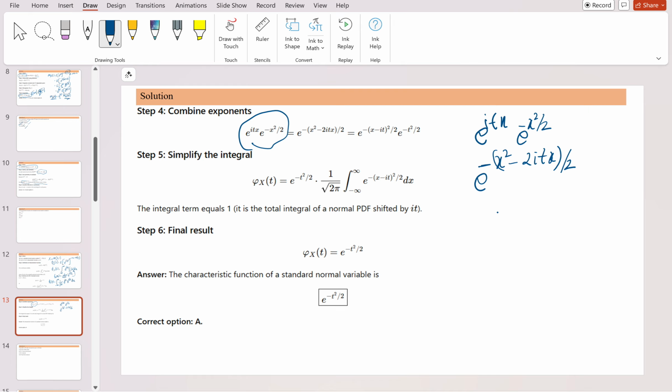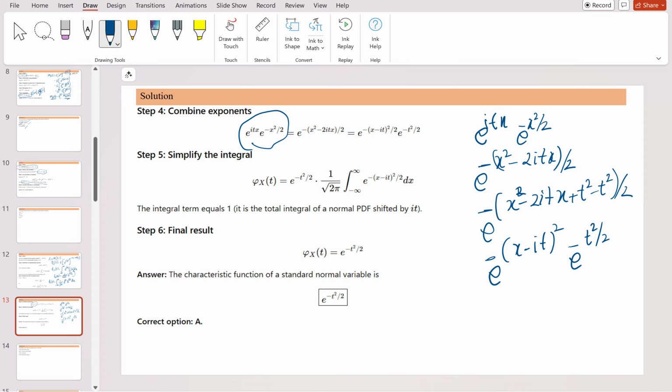Okay, you can write it by multiplying by this. You can also write it in the form of a whole square. E to the power minus (x square minus 2x it plus t square) minus t square, divided by 2. Separate it: e to the power minus (x minus it) whole square by 2, times e to the power minus t square by 2. Okay, so simplifying that, φx(t), we already defined that, e to the power minus t square by 2